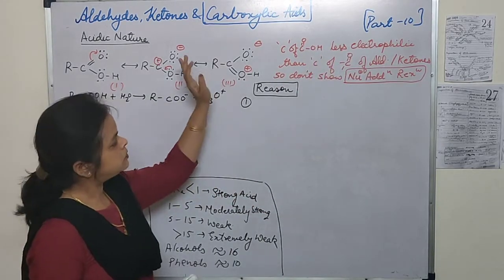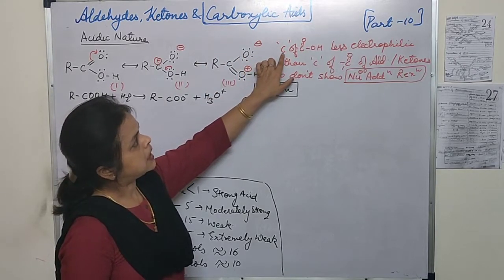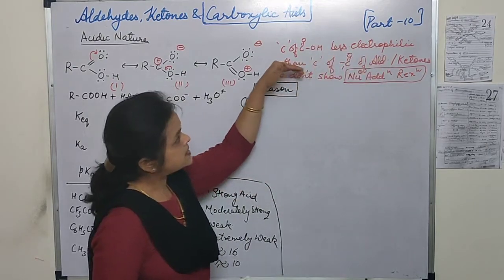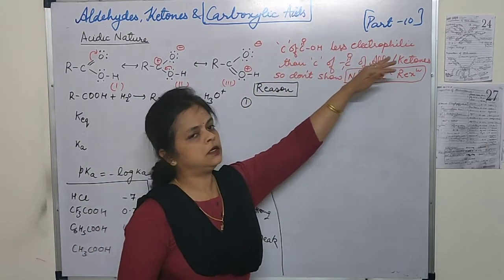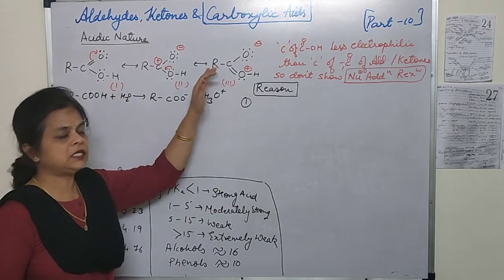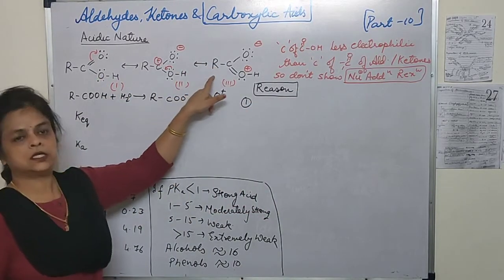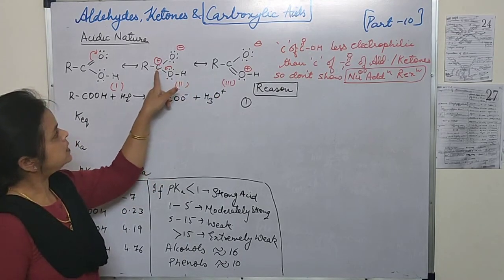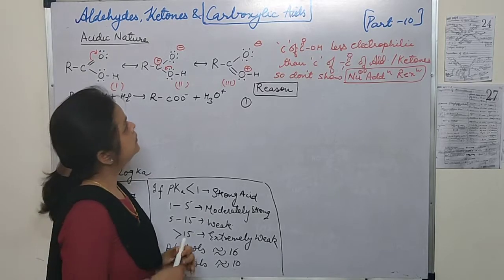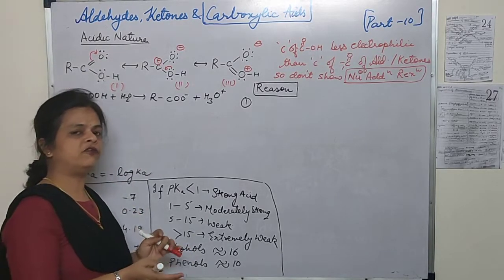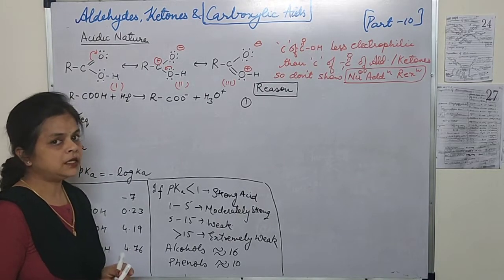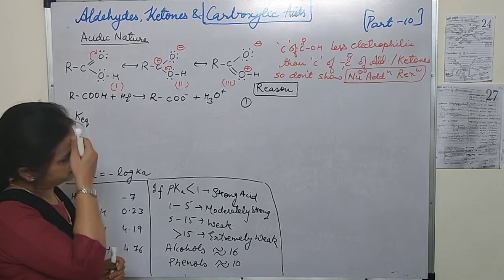So why are they not showing? The reason is here, the carbon of the COOH group is less electrophilic as compared to the carbon of the carbonyl group of aldehydes and ketones. In all the three structures, we can see that in two structures the carbon is neutral, but only in the second one it is having the positive charge. So electrophilic nature is reduced, and that is why nucleophiles do not attack on this and they do not show nucleophilic addition reaction. Okay, so first question covered over here.